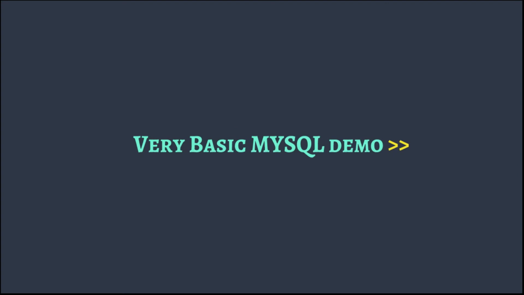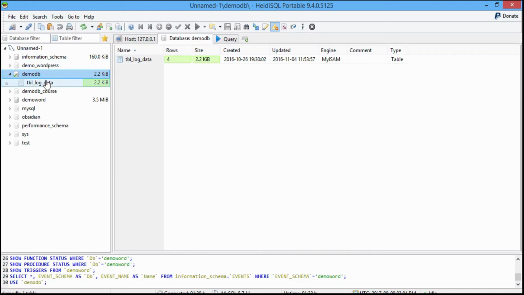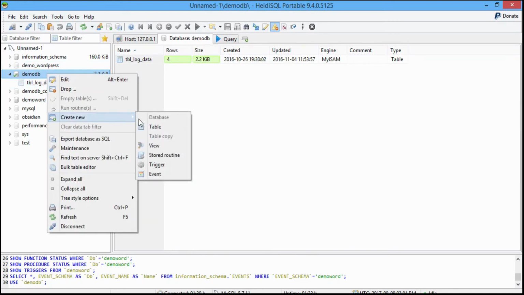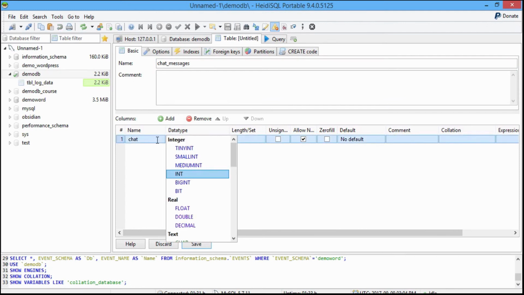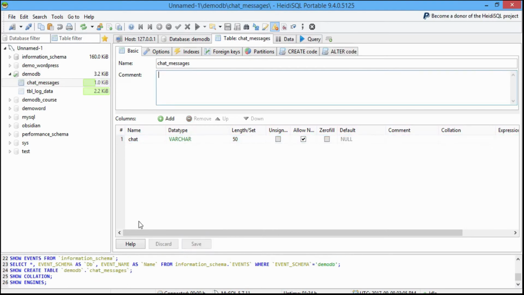Now let me do a demo in MySQL. I am connected to my local MySQL database. I'm just going to create a new table. The table name is chat messages. The table is created. Now I'm going to insert into that table.